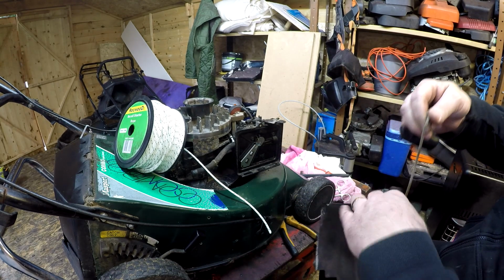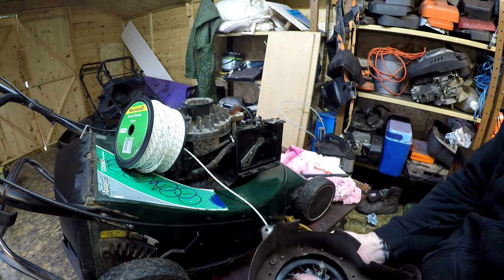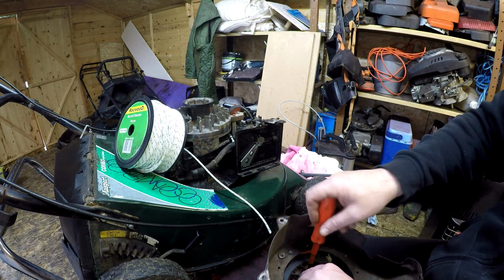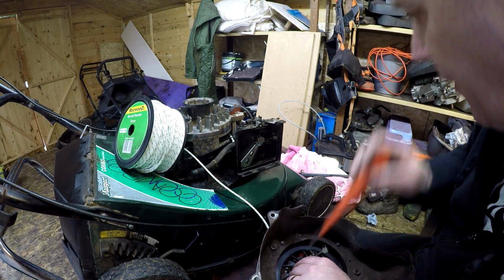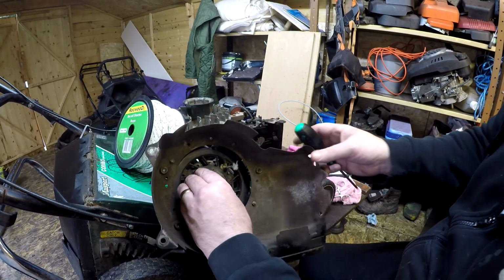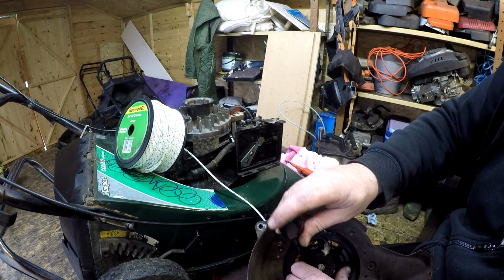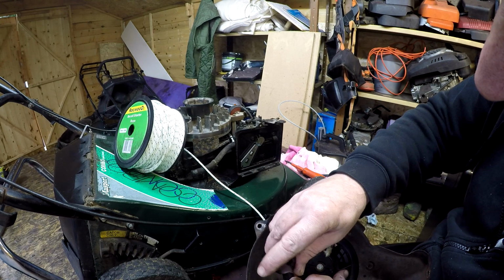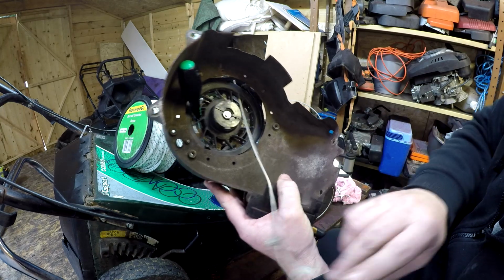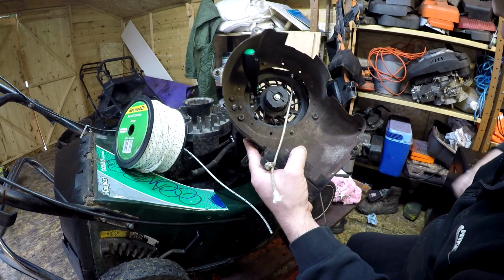And we're going to pull this pull cord out all the way. We're then going to get a screwdriver or something thin and pop it down in the hole provided. So the Torx bit, once that pull cord's pulled all the way out, put a Torx bit down inside the screwdriver housing, something like that, and that way it won't slip on you. You can then retract the pull cord out, and with a pair of snips we can now